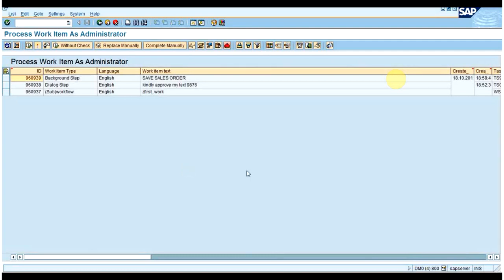There we will have one statement called confirm end of processing. You can see it below under background processing, confirm end of processing.